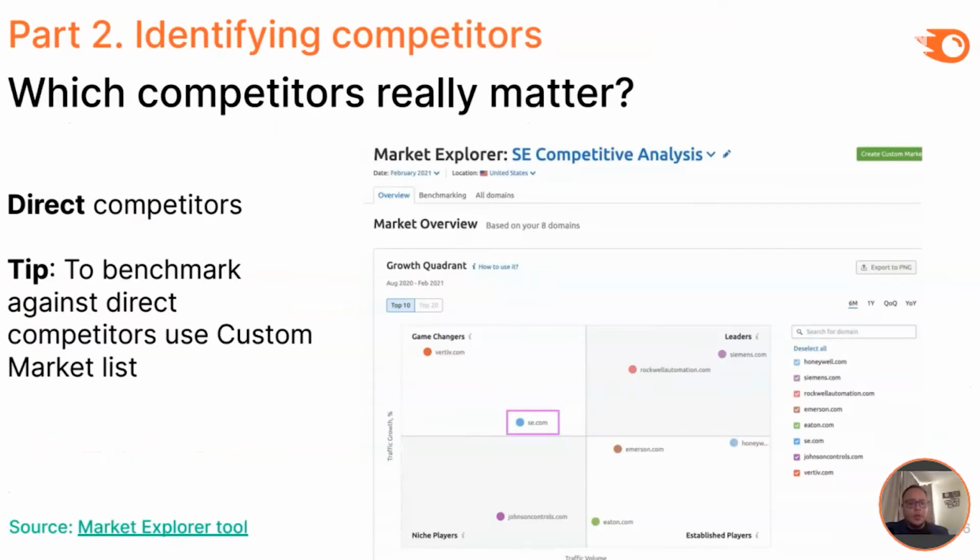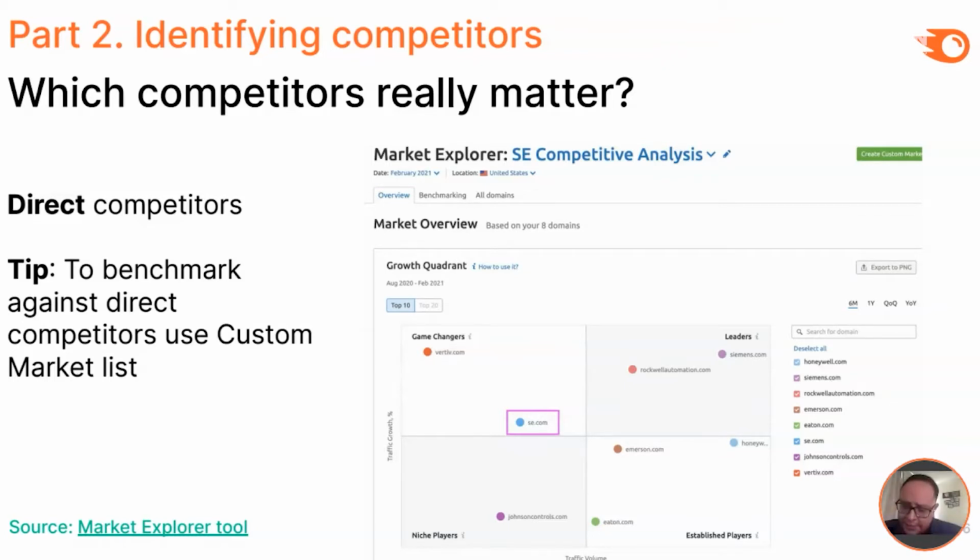Let's start with the first step, which is identifying competitors. Which competitors really matter? And here I'm using a tool that is called Market Explorer. Here I'm analyzing some electrical companies here in Europe. Yes, as Aaron was mentioning, I'm broadcasting from Prague, and we have several energy companies, providers, and using Market Explorer,